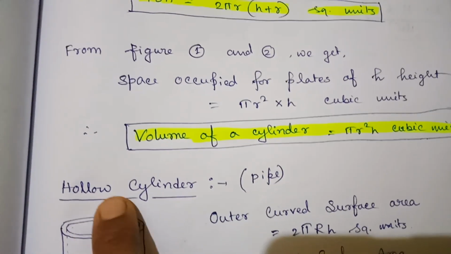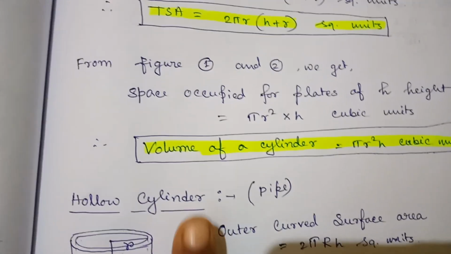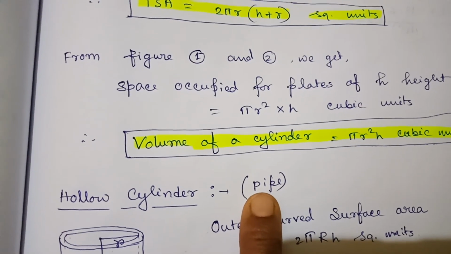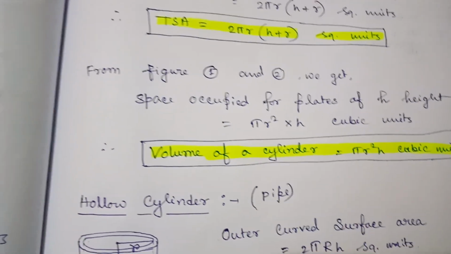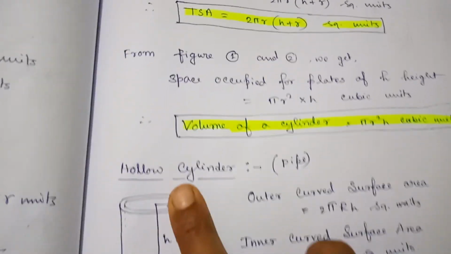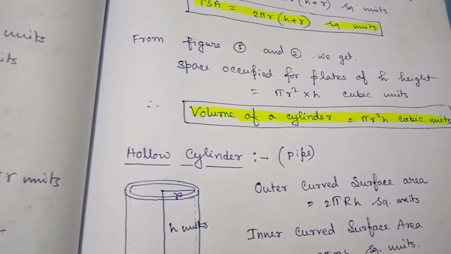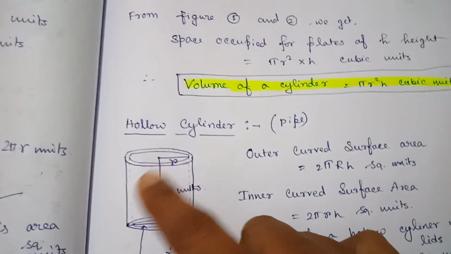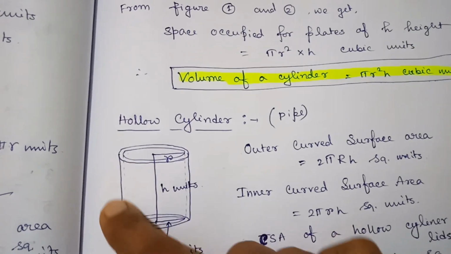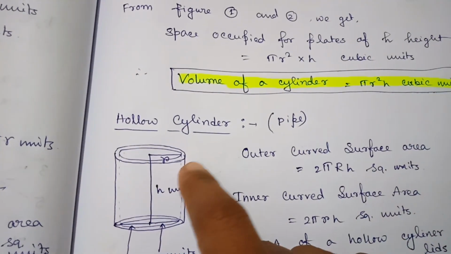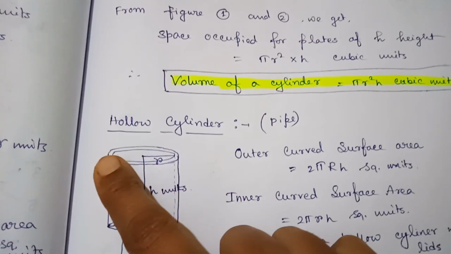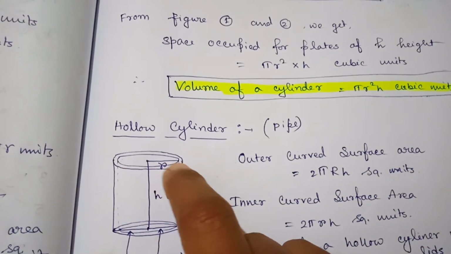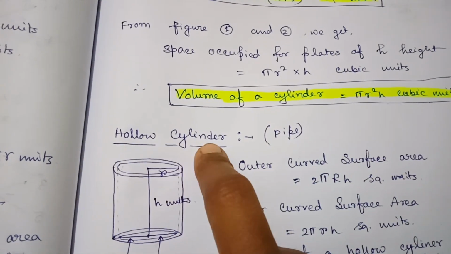Now our next topic is hollow cylinder. Mostly they will be used as pipe. Now hollow means what? Hollow means empty. So the cylinder will be actually empty inside. I have drawn the figure over here so that you can understand a little bit. This ring like structure is actually the material of the pipe or the hollow cylinder,